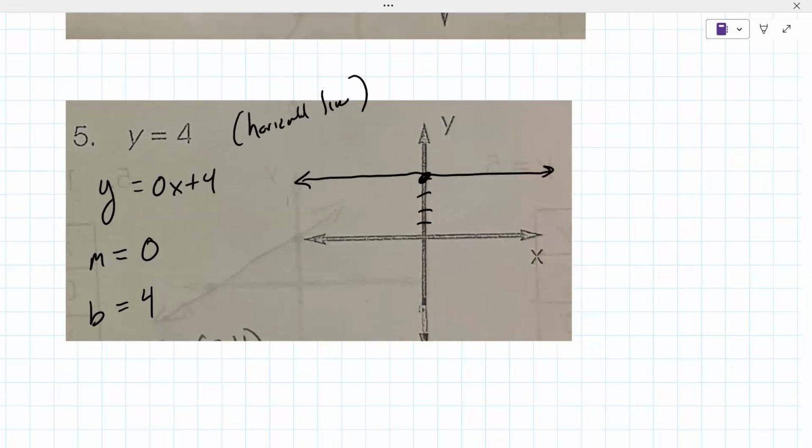Oh, okay. So this is something special that you have to remember. You'll see it on a test or a quiz, and